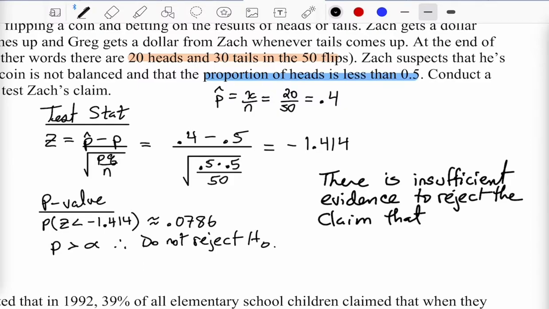The null hypothesis was p equals 0.5. P represented the population proportion of heads. So we're saying there's insufficient evidence to reject the claim that the population proportion